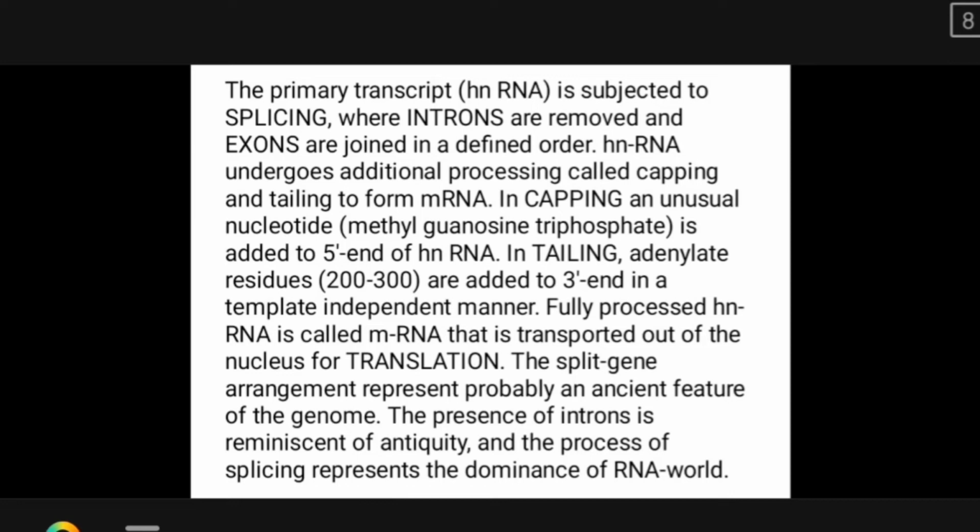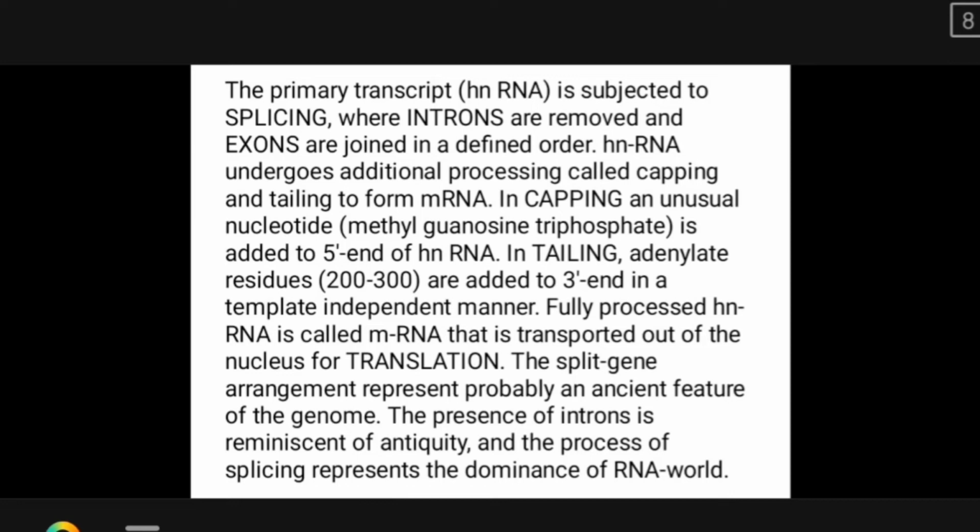So we first remove introns using splicing. Splicing is the removal of introns, and then exons are joined in a defined order to form the mRNA. Heterogeneous nuclear RNA undergoes additional processing called capping and tailing to form the mRNA. In capping, at the 5' end, methyl guanosine triphosphate is added to the 5' end of the heterogeneous nuclear RNA, that is hnRNA. In tailing, around 200 to 300 adenylate residues are added to the 3' end